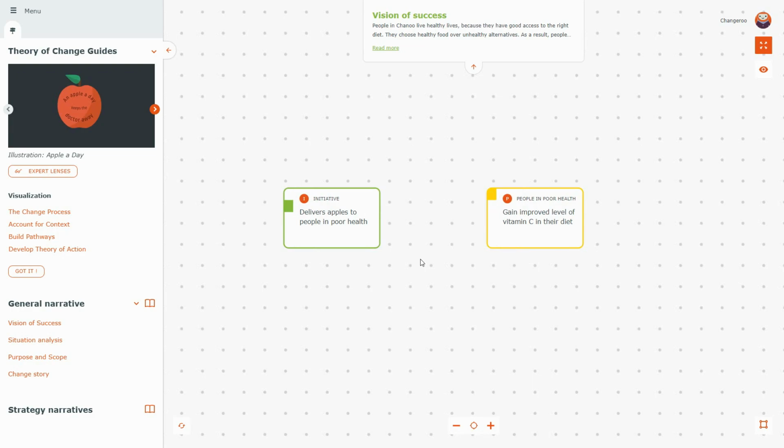Once we have multiple boxes, we can create relationships between them. Each box has anchor points. Click on one of the anchor points and hold your mouse button pressed, then drop it on one of the anchor points of the other box. If you drop it on the central anchor point, there's an algorithm within the tool that will calculate the path of the relationship. If you drop it on one of the other anchor points, it will always connect to that specific anchor point.